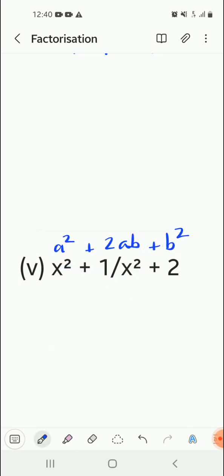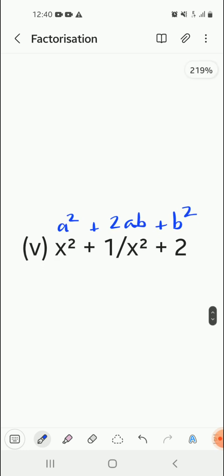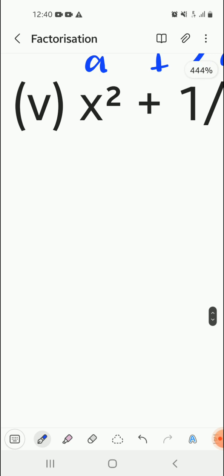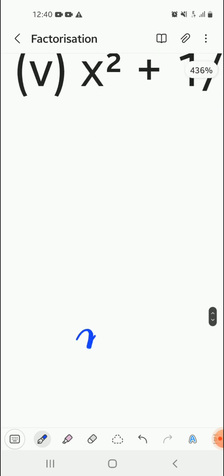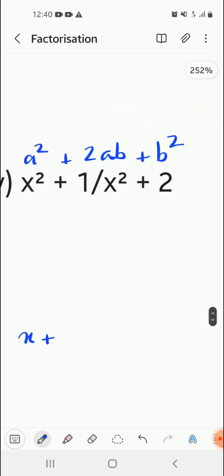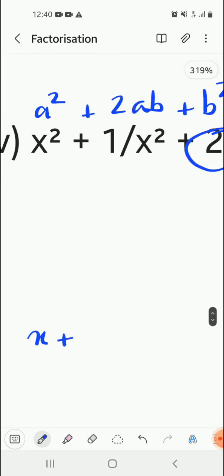Over here, a square is equal to x square. It means a will be only x, and b will be 2. So 2 is b square. It means it will be 1 by